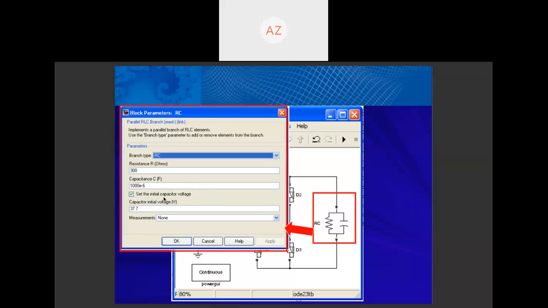We can set the initial capacitor voltage in order to perform steady state operation. Let's say we set the capacitor initial voltage equal to 37.7 volt. Since you have set the parameters for the RC load, then you click OK.